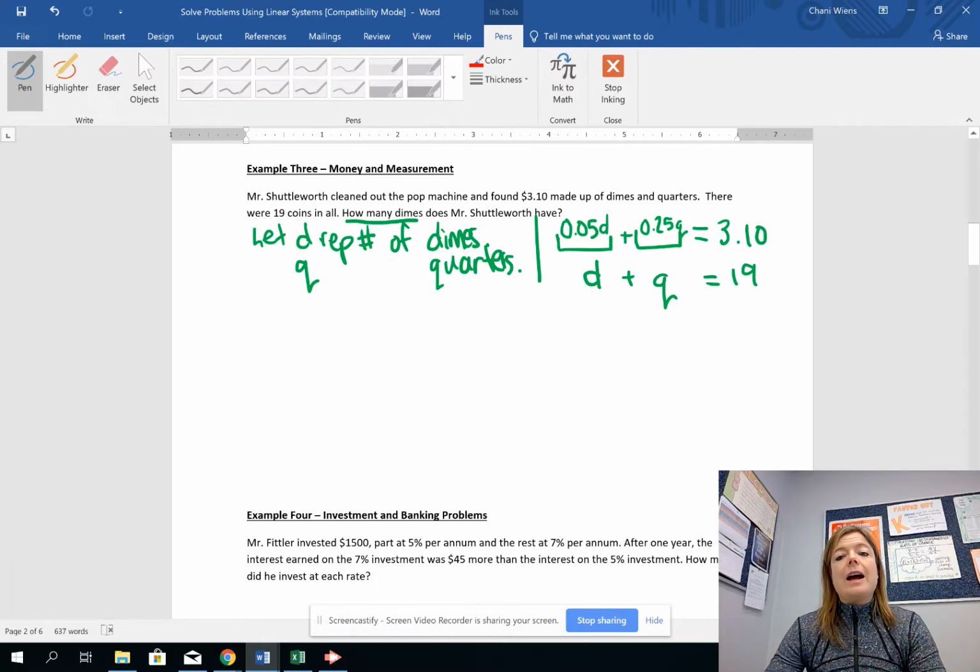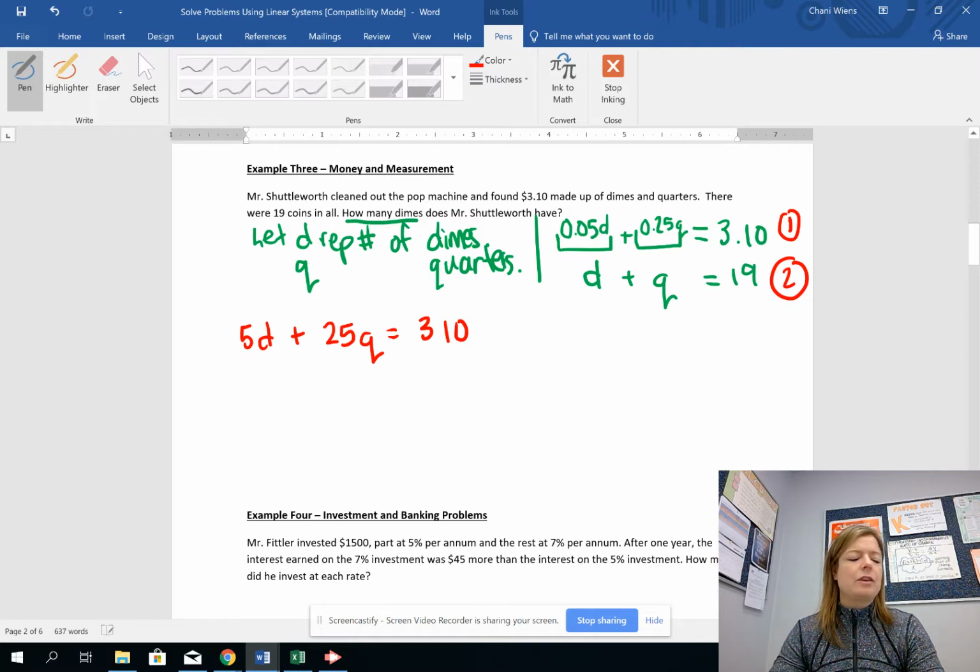I used elimination. So if this is equation 1 and this is equation 2, the first thing I did was multiply equation 1 by 100 to get rid of the annoying decimals. So I got 5d plus 25q equals 310. Okay, that was equation 1. I multiplied it by 100. And then the second equation,